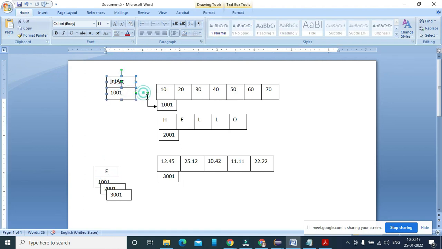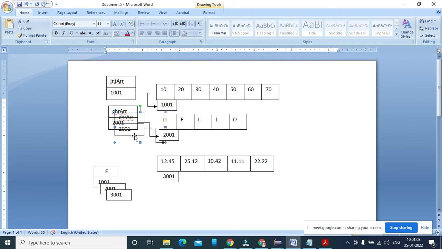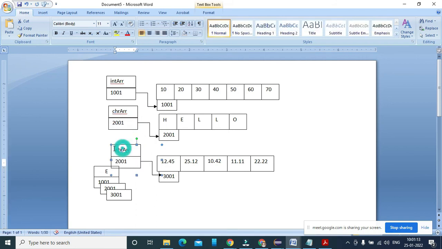Then the second array, whose name is chr array, is referring to 2001, and the third array is a float array or double array, I can say dbl array, and it's referring to the 3001 location.